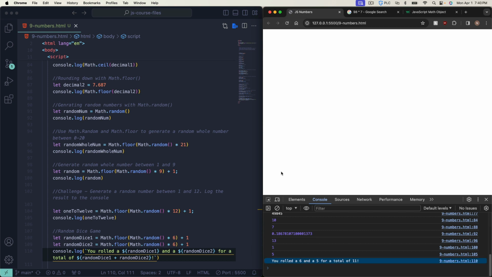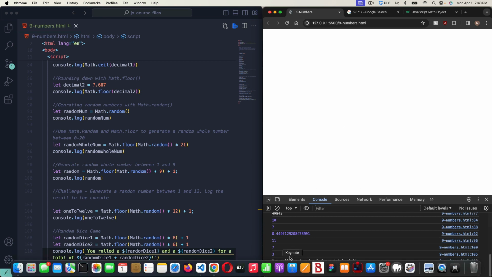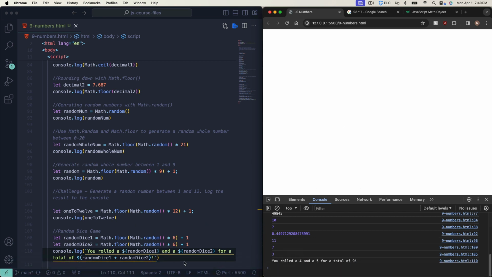So as you can see, stuff like this, guys, using numbers and Math.random and Math.floor and all these things that we're learning, this is how real games are made. Like let's say we were going to make a JavaScript version of Monopoly, and then we had to make the functionality for people to roll dice. So of course we would have on-screen stuff. It wouldn't just be going to the console, but behind the scenes it's just code like this that's running. Okay, so hopefully that kind of gets your brain thinking of how games and stuff are made in the